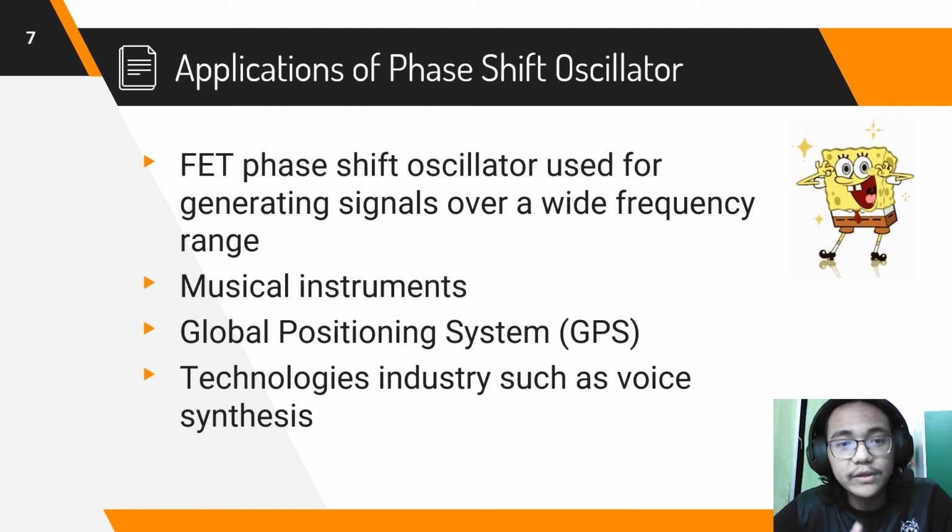My name is Cik Nazmi bin Cik Rahim and I will present the applications of the phase shift oscillator. The first one is that the phase shift oscillator is used for generating signals over a wide frequency range. So that means it provides a wide frequency range of signals. The second one is that this oscillator can be used to make musical instruments like the trumpet and xylophone. And the third one is